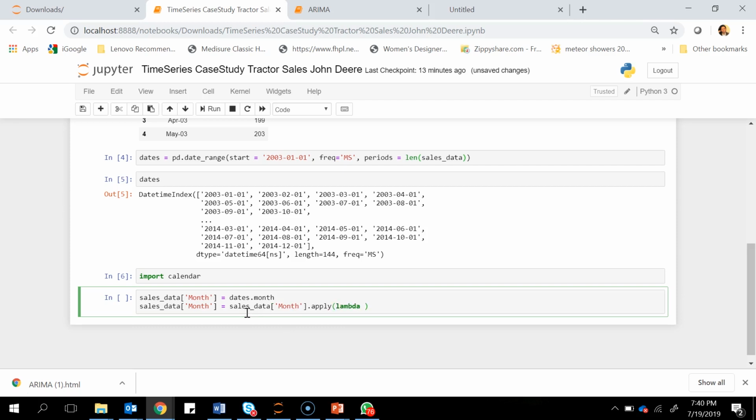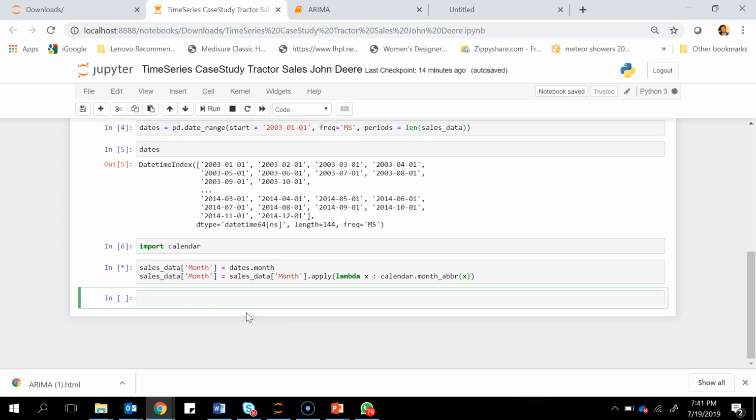The operation we're trying to do here is to abbreviate it, so we'll keep the short form, not the full form of that month. That's the whole objective. So x: calendar.month_abbr[x], right? So this will convert your actual month from January to Jan. That's the whole purpose of performing this operation.